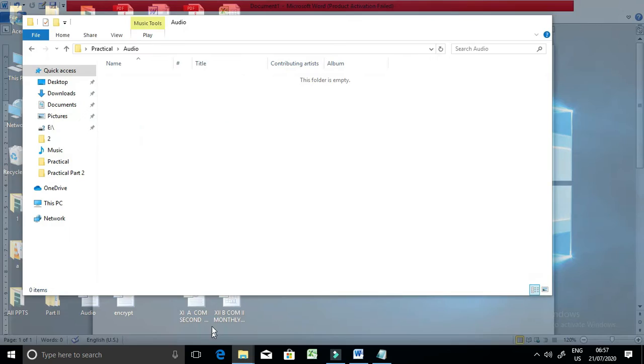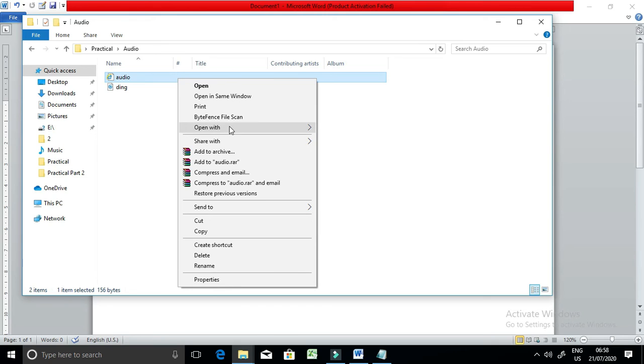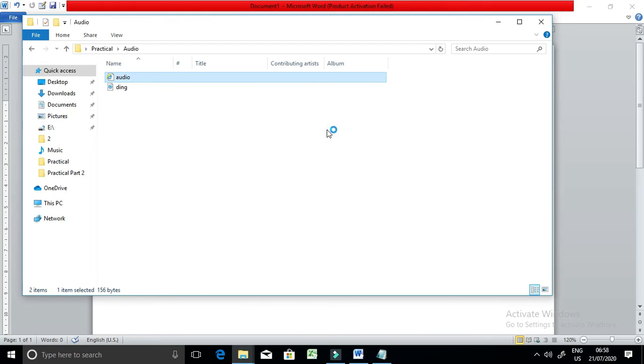Paste it in the same folder where your audio file is present. You will run the file to check the output.